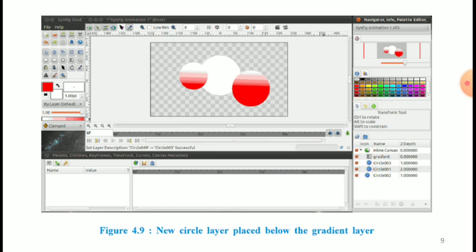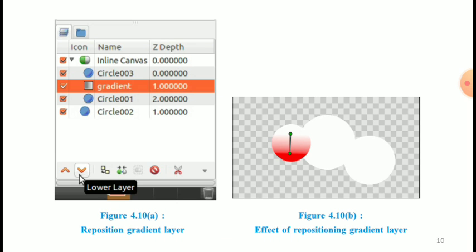So that is the effect of a gradient. If we reposition the gradient layer using the lower layer button as shown in figure 4.10a, the gradient will now be applicable to only one of the circle layers.